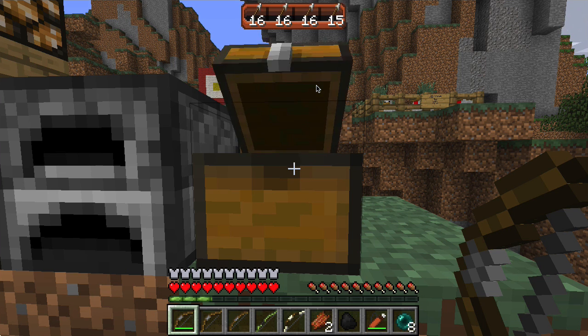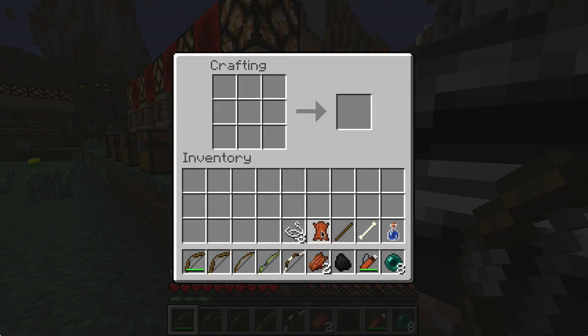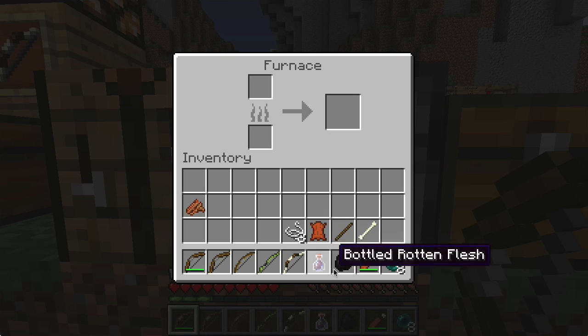And the way you do this is you go ahead and bring up the crafting table here, and we'll take 1 piece of rotten flesh, turn it into sinew. Then we'll take another piece of rotten flesh and a water bottle, turn that into bottled rotten flesh. Then we'll take the furnace here, put coal in, and we will make, as soon as this is done,